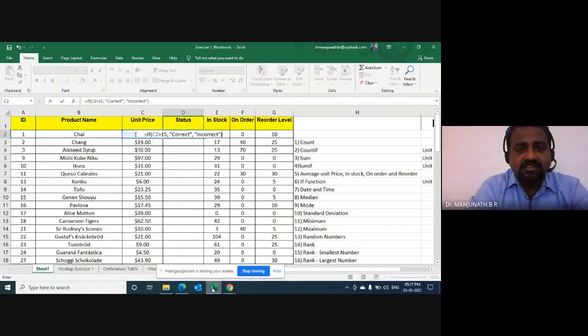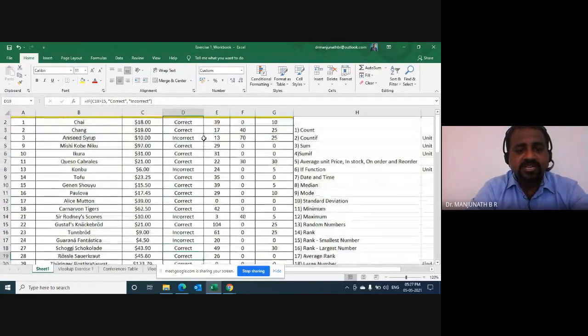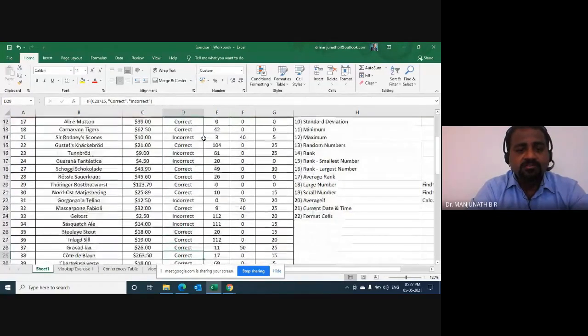Now let's say I hit enter, what happens? It says correct. Now I have an option here. I can go to the first cell and do a double click, and automatically you can see correct and incorrect populated for all the products.